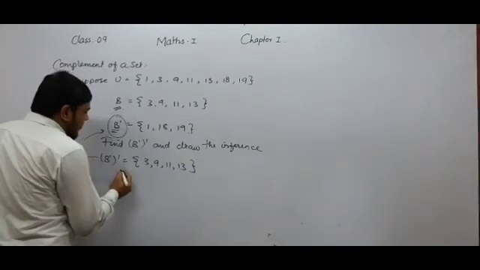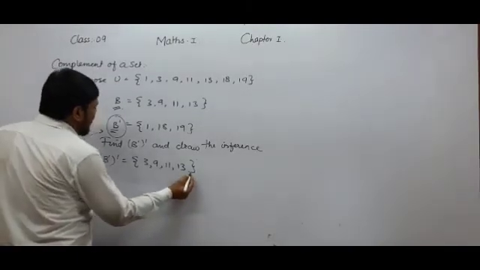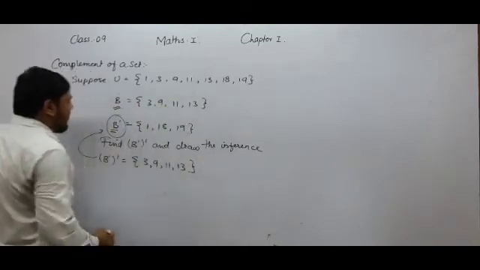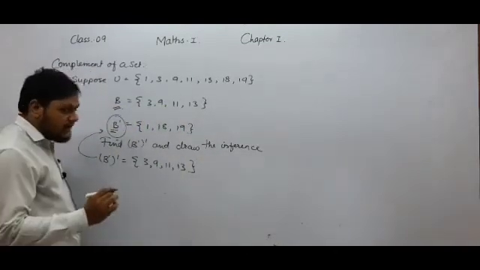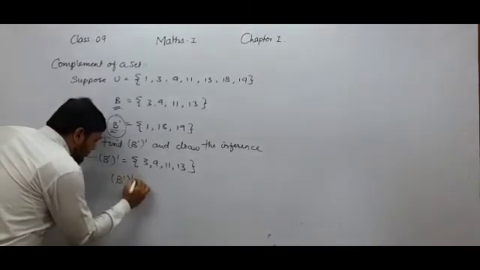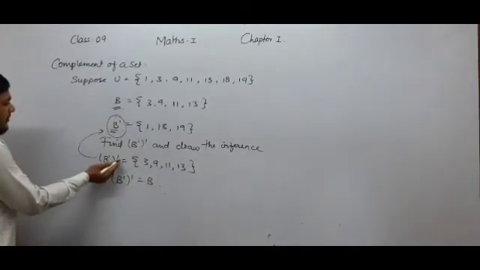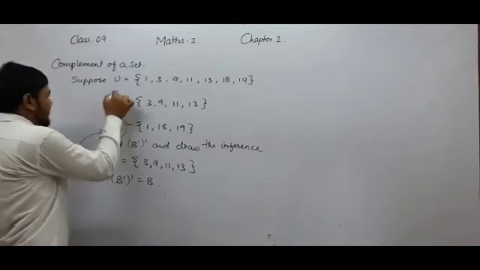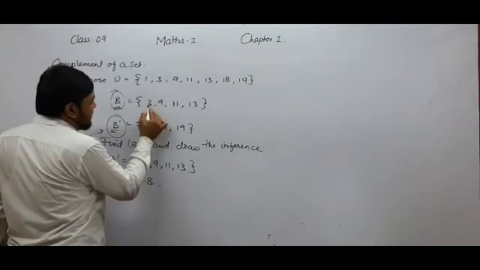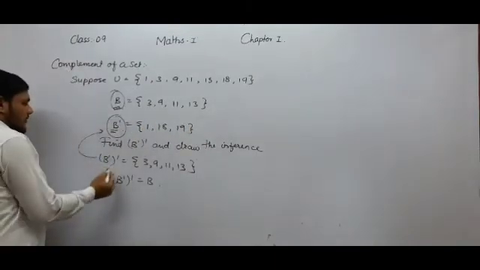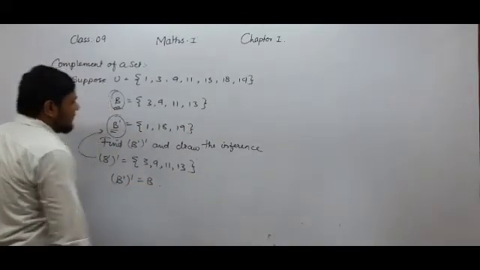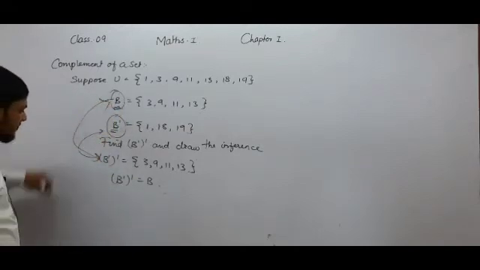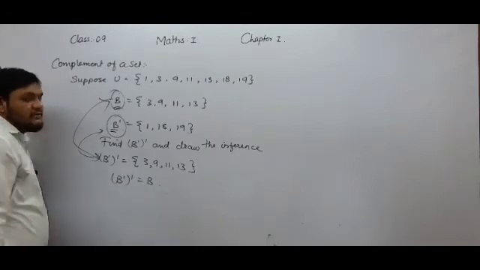Yes. Now if you will notice that the elements 3, 9, 11, 13 are also in set B. So according to the definition of equal sets, complement of B complement is equal to B because complement of B complement and B both contain the same elements. The elements of set B are 3, 9, 11, 13 and complement of B complement contains the elements 3, 9, 11, 13. So both of these sets are equal sets. So by the definition of equal sets, complement of B complement is equal to B.